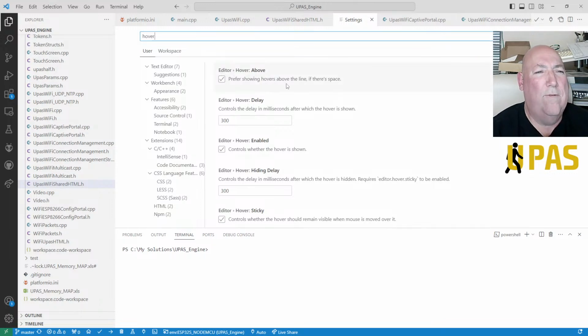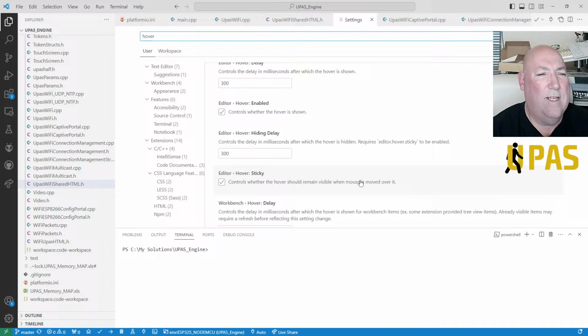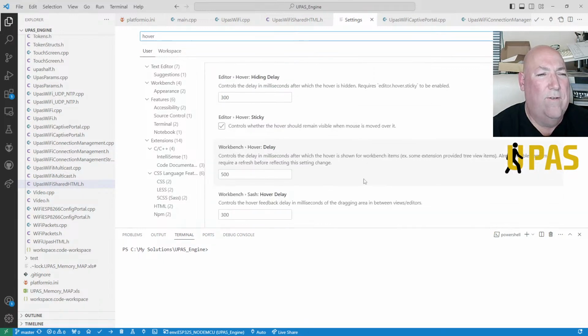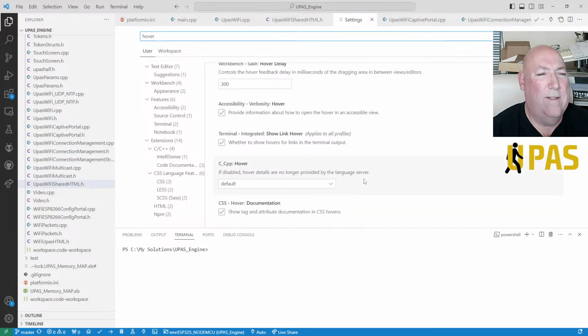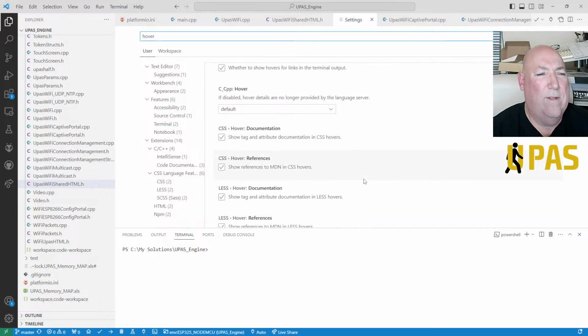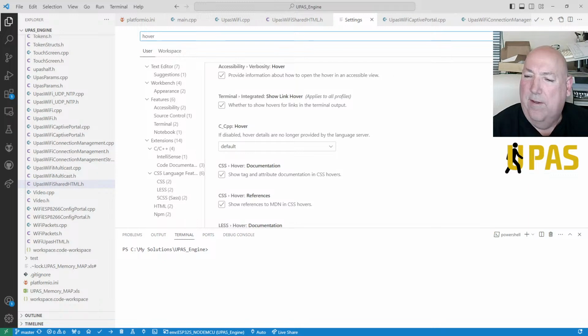Prefer showing hovers above the line if there's space. Hover delay. Controls where the hover is shown. Hover hiding delay. Sticky. Workbench sash. What the hell? Documentation. Too many settings, eh?